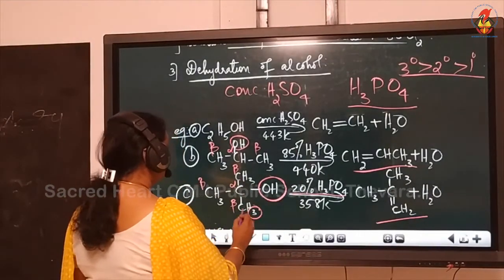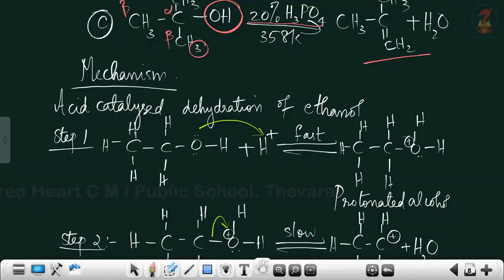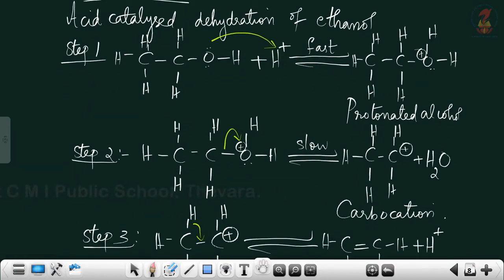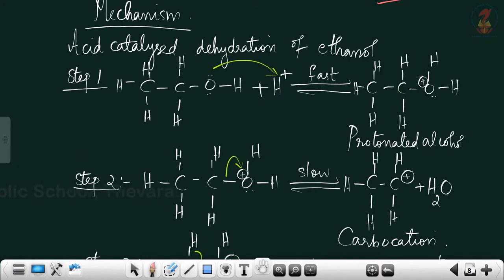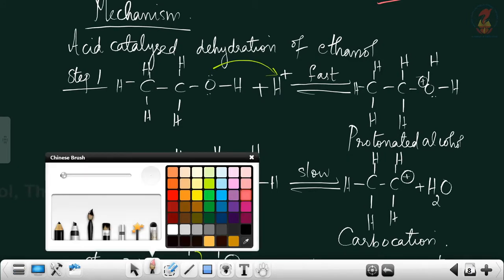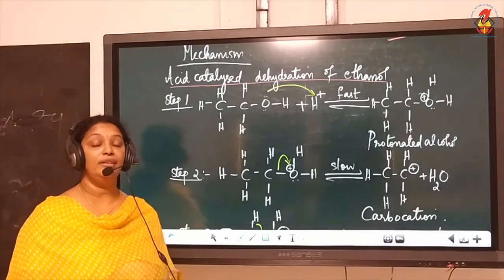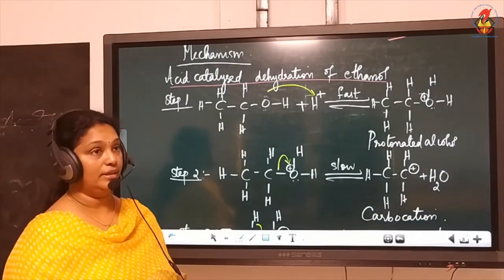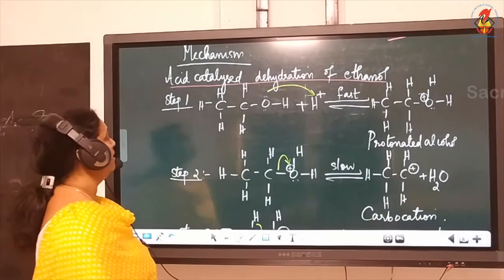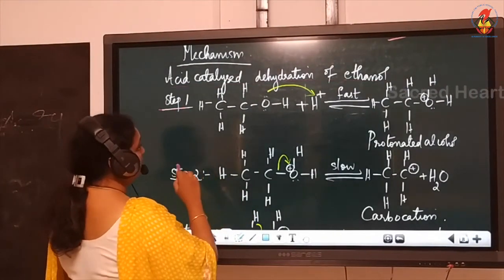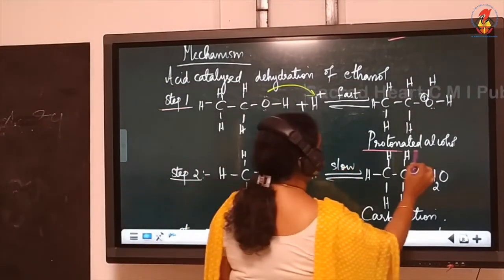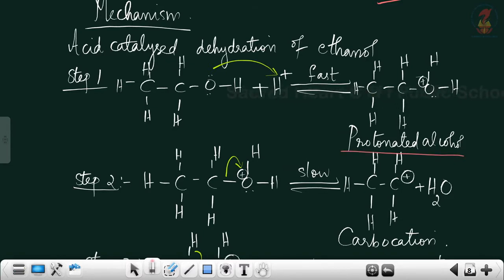Now next we are going to discuss the mechanism for acid catalyzed dehydration of ethanol. And we know ethanol on dehydration gives ethene as the product. So it takes place in 3 steps. The first step, step 1, is the formation of a protonated alcohol. So we are starting from ethanol. This is our ethanol. In presence of acid, H plus,